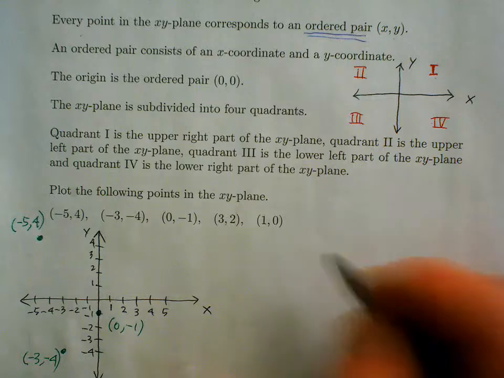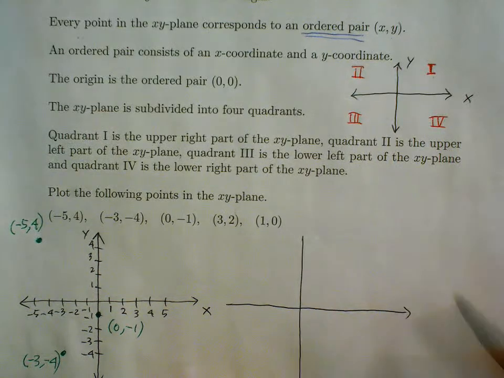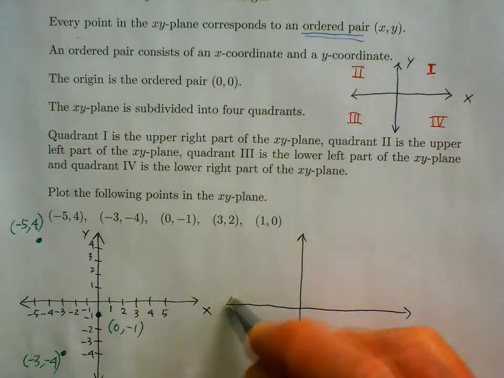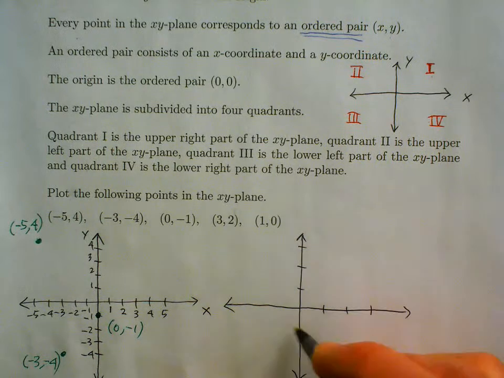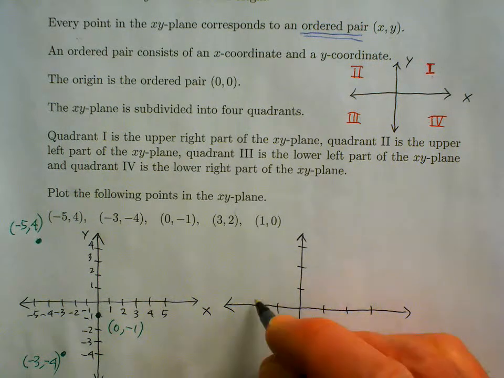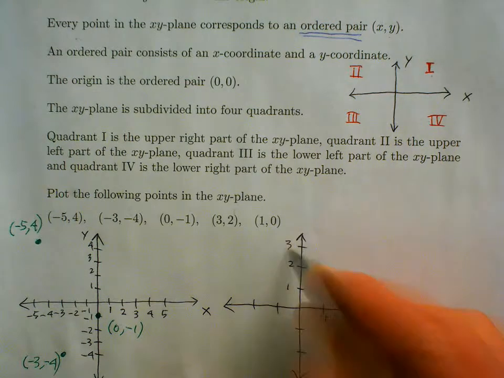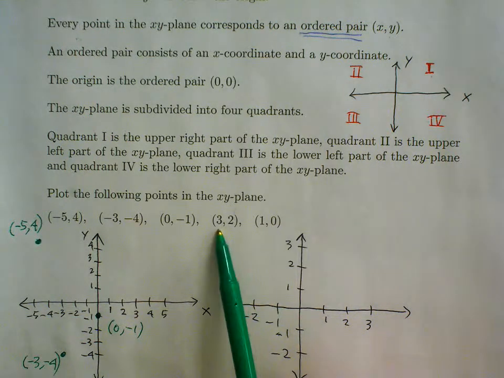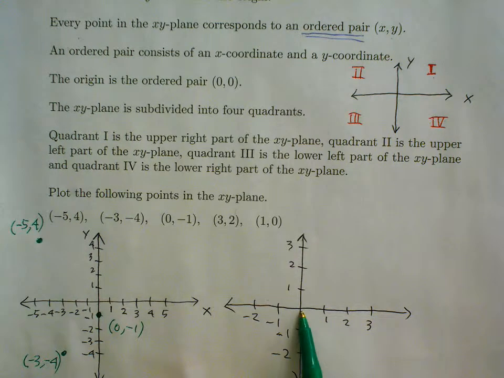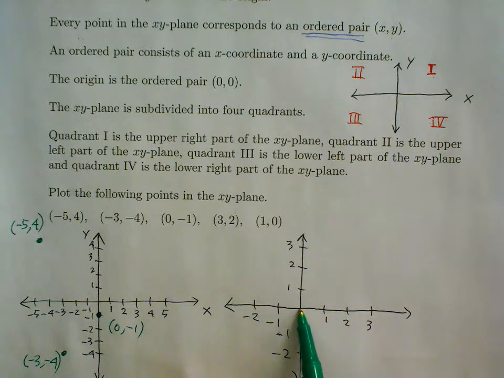Okay, for the other 2 points, let's draw another x and y axis. We could have used the other one, but we can space these out a little bit more. Okay, the ordered pair 3, 2, from the origin, the x coordinate is 3, so from the origin we move